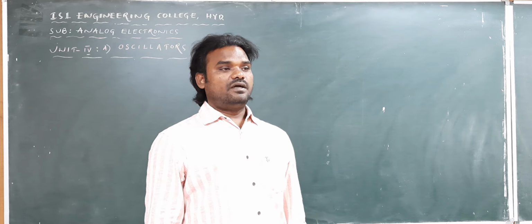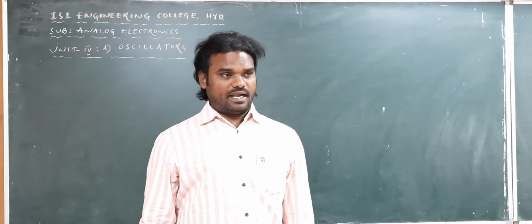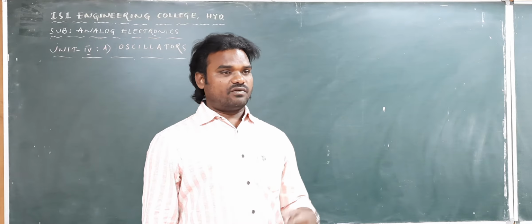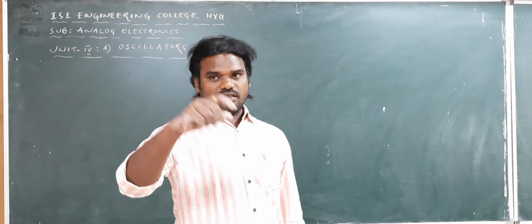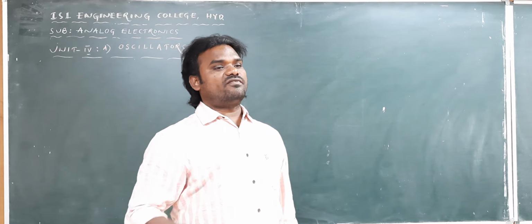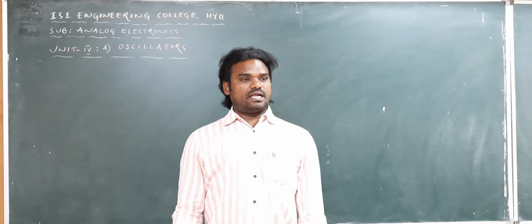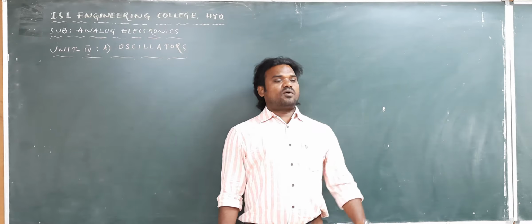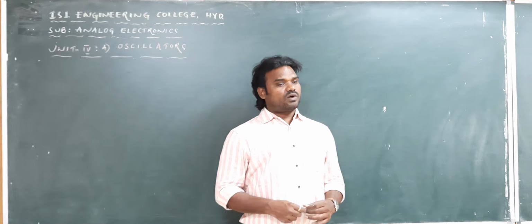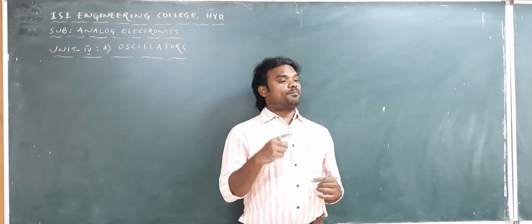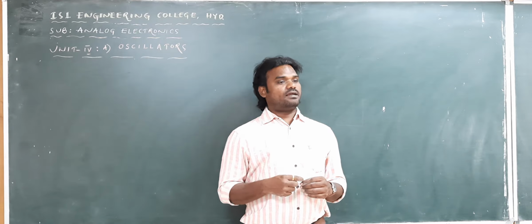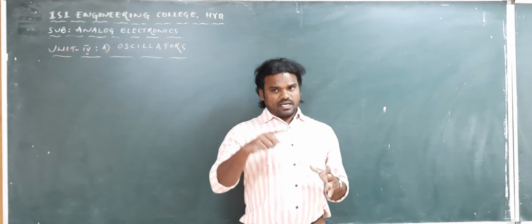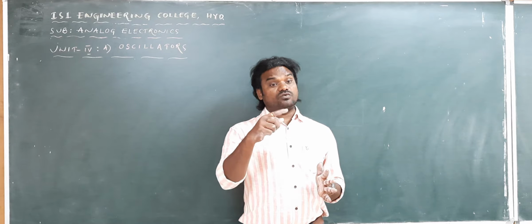Here, I am going to explain the operation of oscillator. The positive feedback amplifier will act as an oscillator, we know that. If we apply the positive feedback to the amplifier circuit, it acts as an oscillator circuit. In the positive feedback amplifiers, Vin is equal to what? Vin is equal to Vs plus Vf. In case of negative feedback, Vin is equal to Vs minus Vf. So in case of positive feedback, Vin is equal to Vs plus Vf.